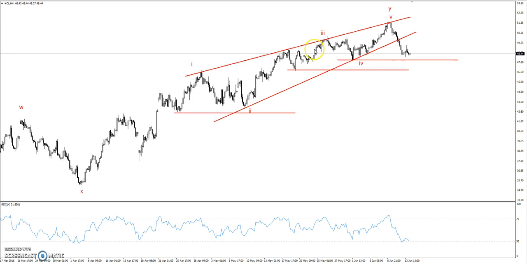This wave 4 has not broken down yet. That support is still holding. So the market may rally from here as it did previously at this wave 4. Now again, we need this support to break.